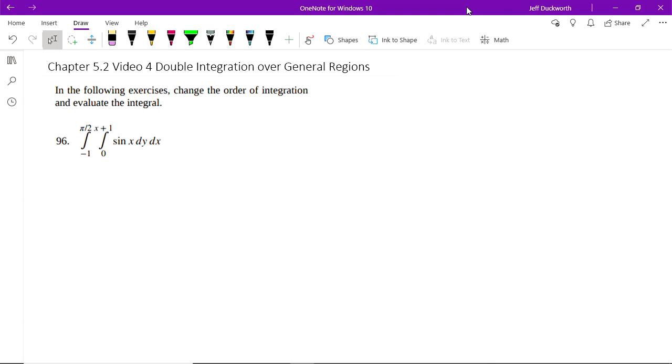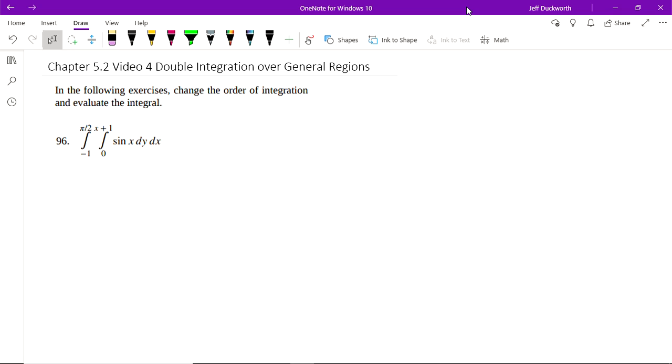All right, we're going to try to do another one of the sample homework problems. So this one says, in the following exercises, change the order of integration and evaluate the integral. This is going to be a little bit more complex than what we would do over a rectangular section. I'm going to have to do a little bit of work here. All right, so first of all,